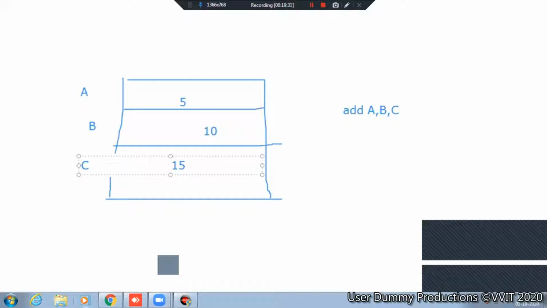For the same thing, you need 2 instructions here. In the 3 address instruction, we did it in a single step, but in the 2 address instruction, you cannot do it in a single step. You have to do it in 2 steps if you want to do add A comma B comma C.